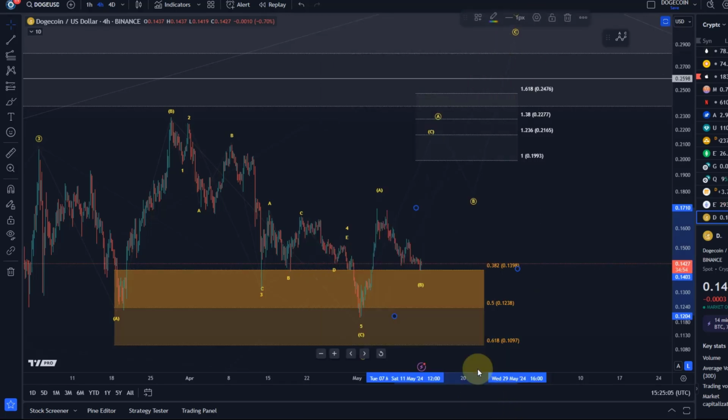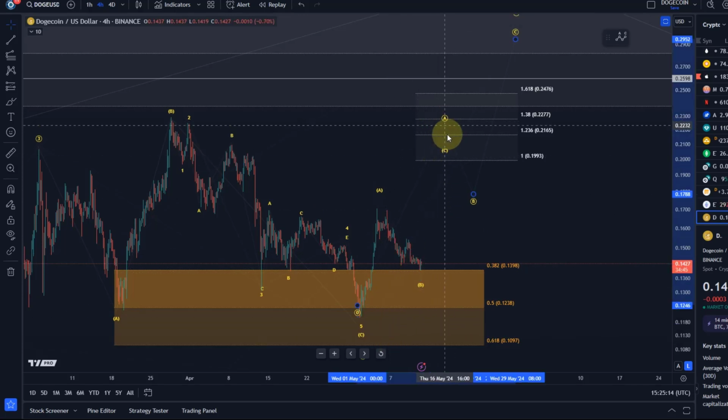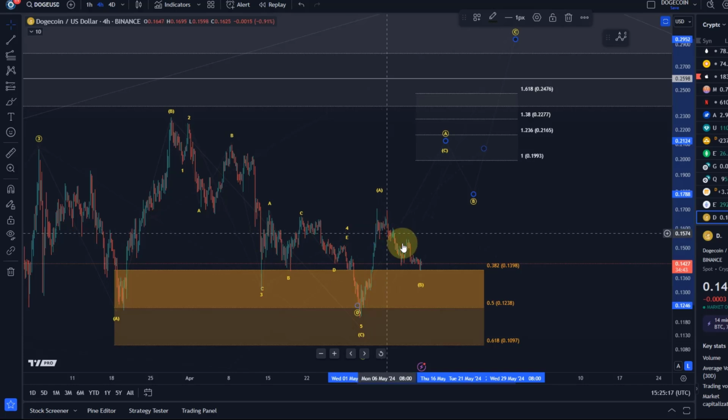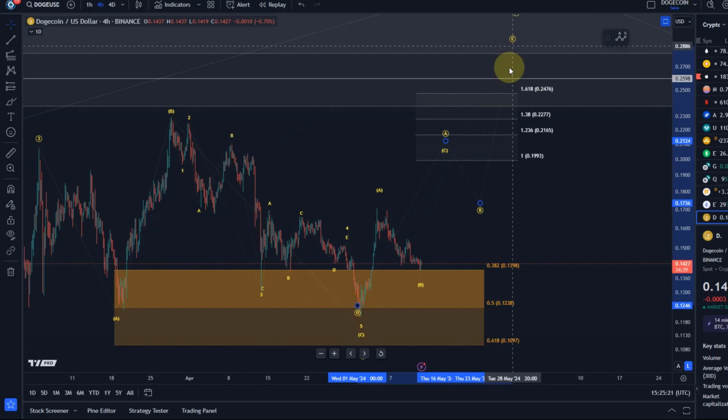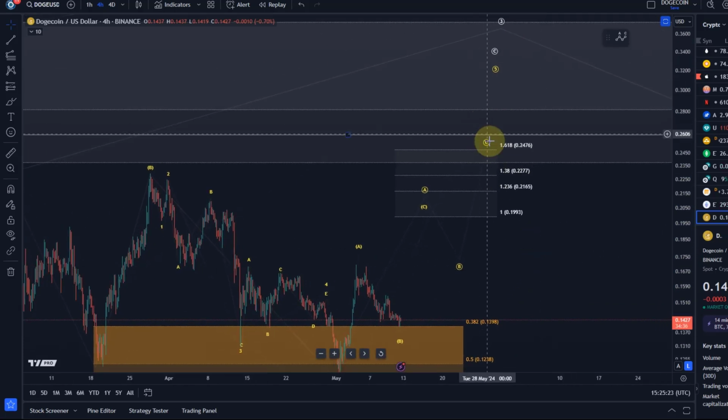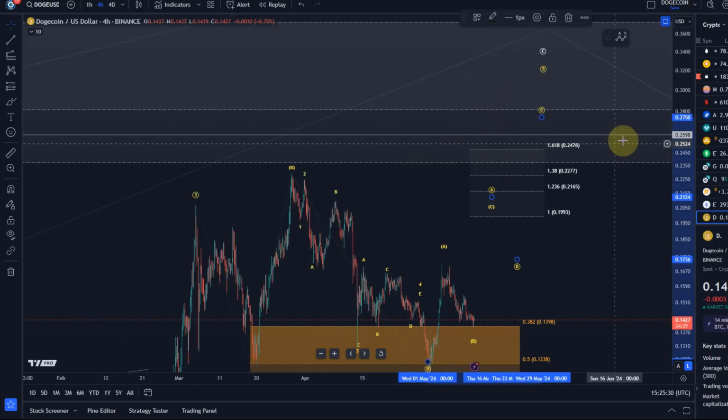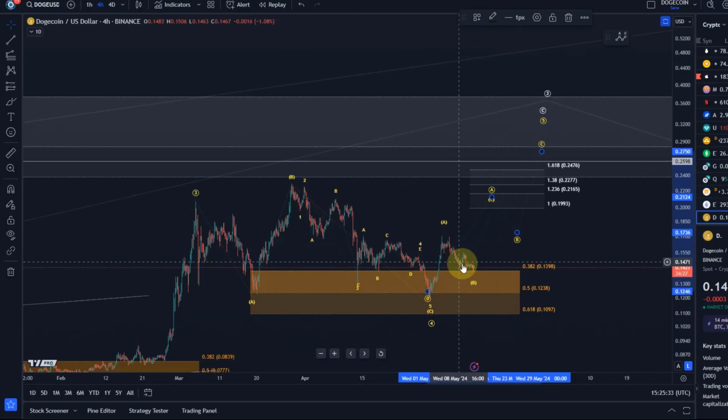As I said, we minimally need a break above that last high. But then it could reach like 20 cents, pretty much as the 100% extension target of the C wave. Basically, a C wave and an A wave often have the same length. So that's what we're watching. Then a B wave pullback and the C wave rally afterwards. And then we will see if that is enough to drive the price to like 26, 27 cents, which is sort of the next key upside target. That's sort of what I'm watching right now. I'm really looking here for a reaction. There's obviously nothing there at the moment.